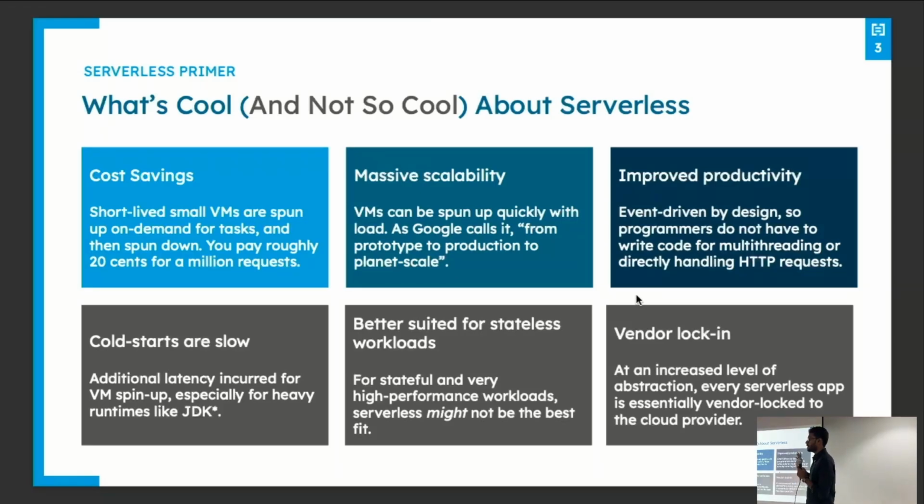Third is also vendor lock-in. Just as AWS has Lambda, Azure has function apps, so all of these are slightly different. When you build something, when you choose your framework, when you write code, you are still making assumptions that, hey, this is running in a Lambda. So is it fully portable? Not really, if that's important to you, right? So it's a little bit of pros and cons. We'll see more about how this is useful and where these things fit correctly.